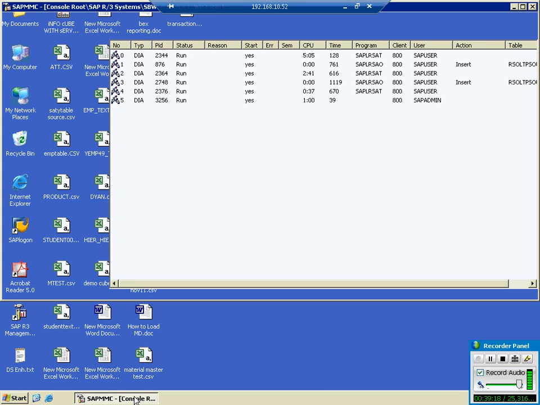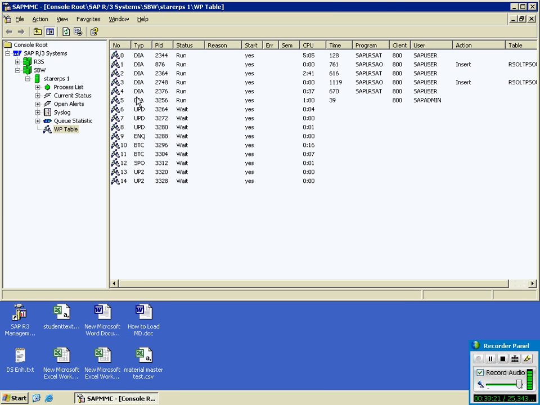So in real time what we do, we can have more than 50 allocated dialog processors. If you run the program in background, then this update and batch job will come into the picture. Dialog process is running something in dialog. You replicate and write it in, and when you replicate the data, that particular process will be sent to the dialog process.